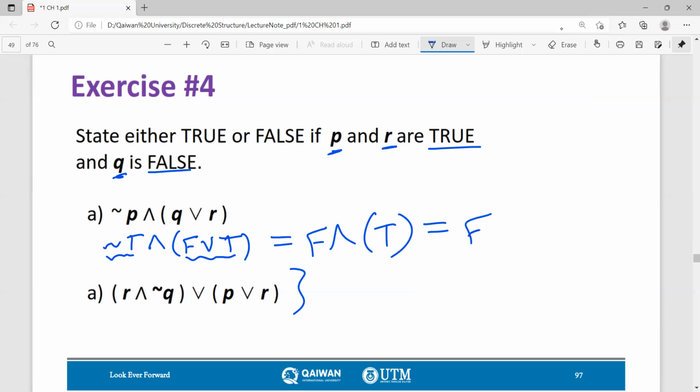That means we have false and true. The result is false. Why? Because in conjunction,